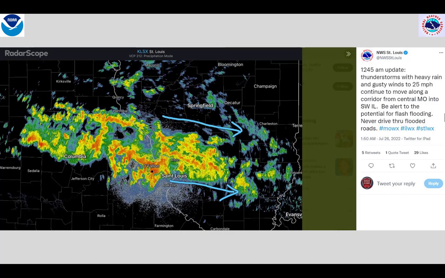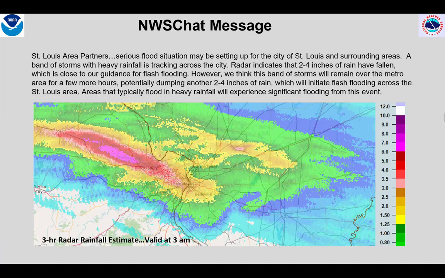Look at what is headed for St. Louis. We can focus downscaled messaging for any part of this region of heavy rain. For this case illustration, I'm going to focus messaging on the St. Louis metro area, where rainfall amounts are approaching flash flood guidance in St. Louis, but exceeding it in areas west-northwest of the city. I would likely message partners in the St. Louis area, the biggest population center for the office, with information about the increasing threat of flash flooding for the